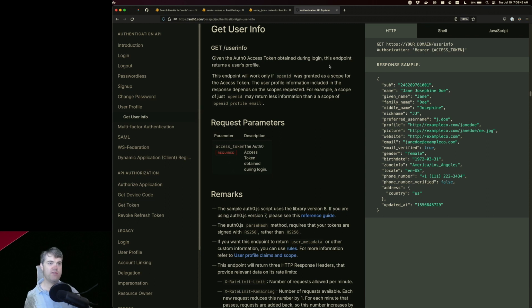Okay, get user info. So this is going to be a get request. Okay, so get request to HTTPS your domain user info with an authorization and bearer with that access token.